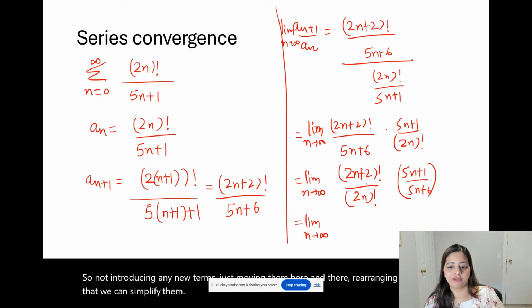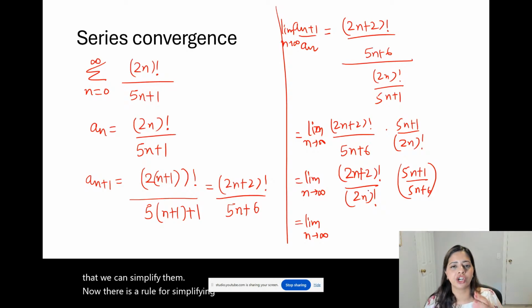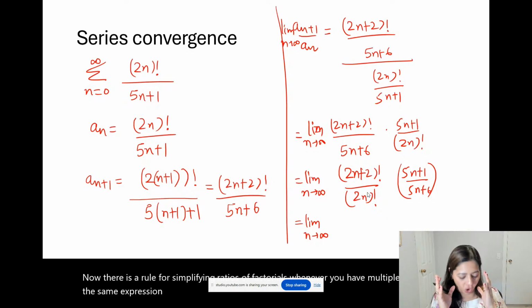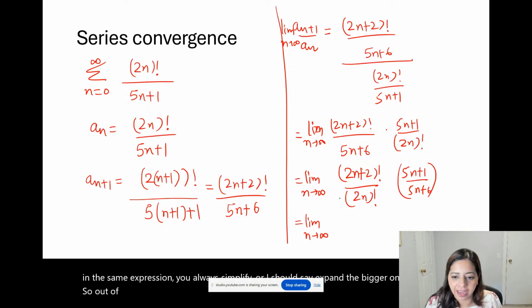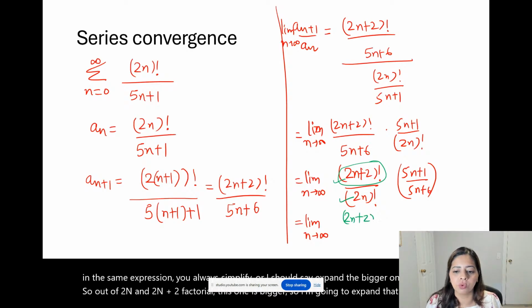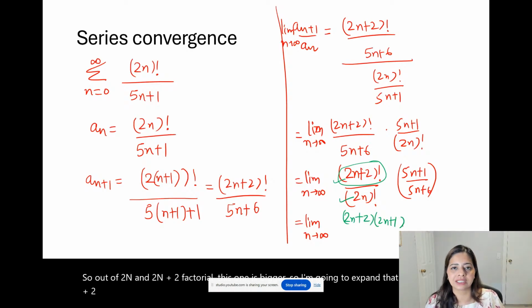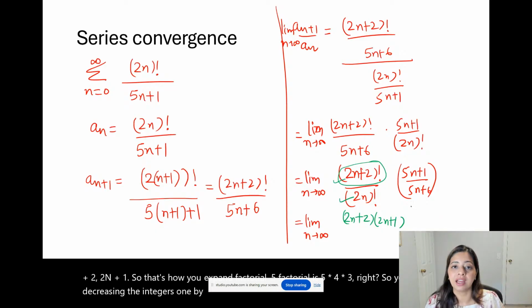Now there is a rule for simplifying ratios of factorials. Whenever you have multiple factorials in the same expression, you always simplify, or I should say expand, the bigger one. So out of (2n)! and (2n plus 2)!, this one is bigger, so I'm going to expand that one. So (2n plus 2)(2n plus 1). So that's how you expand a factorial. 5 factorial is 5 times 4 times 3, right? So you keep decreasing the integers one by one